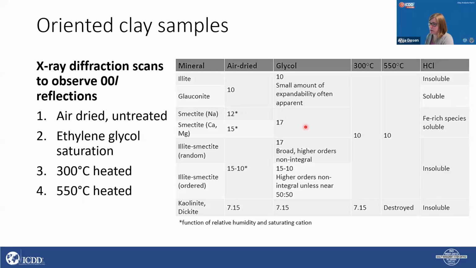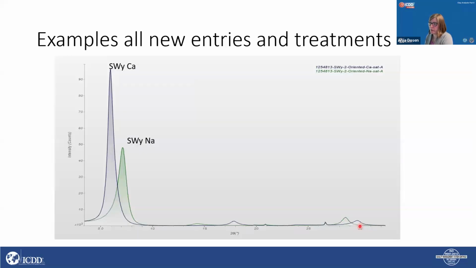Once we glycolate it, it will expand by an extra 5 angstrom, and it will be a 17 angstrom d-spacing. If we heat it, not just dry it, it will go down to 10 and stay at 10. So kaolinite, for example, the structure of kaolinite will get destroyed above 500 degrees. So I'm just going to show you some examples of these treatments, starting with